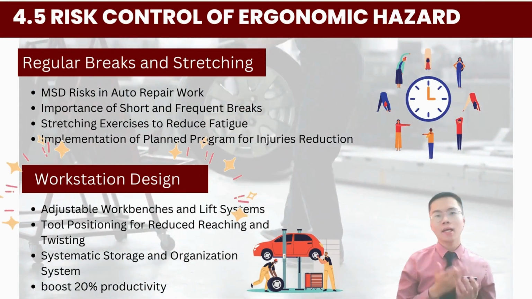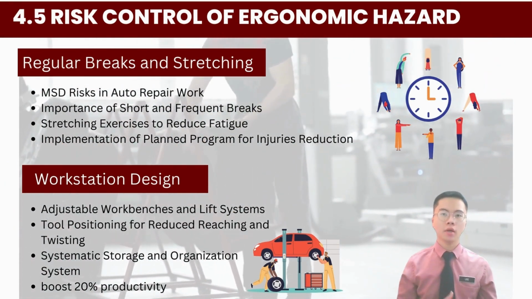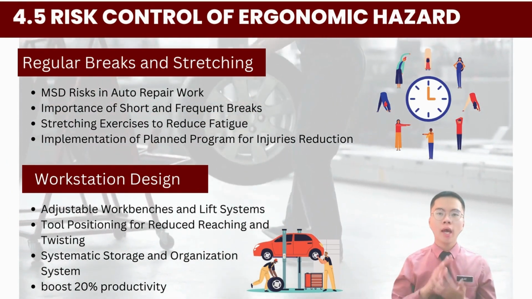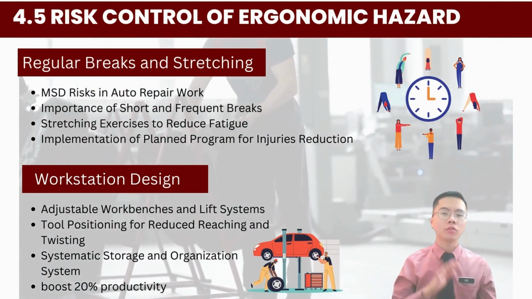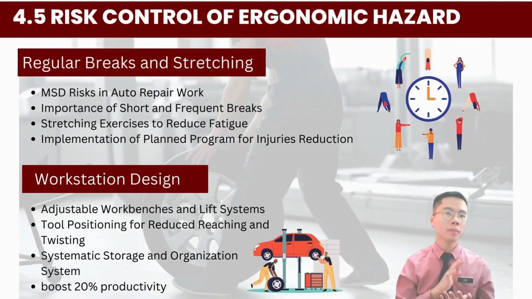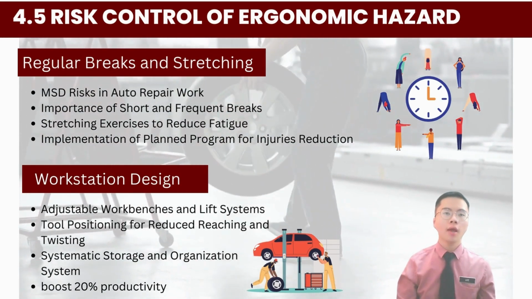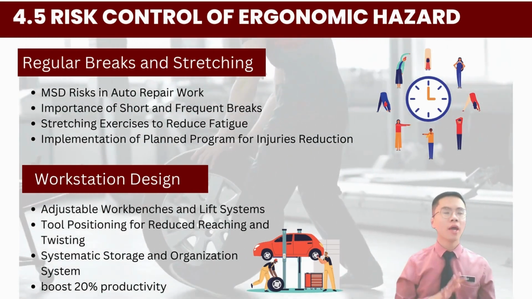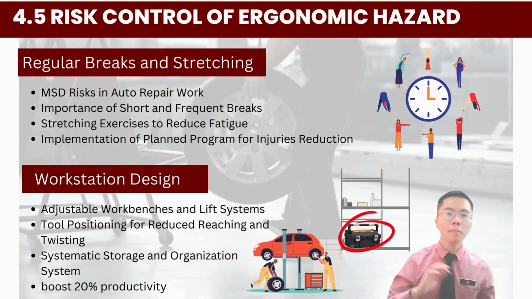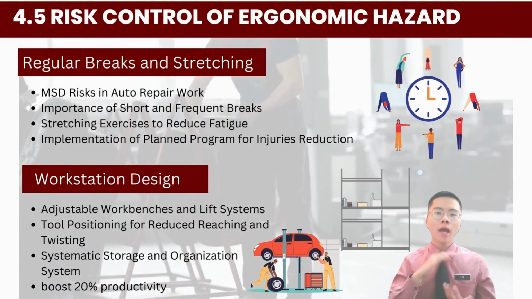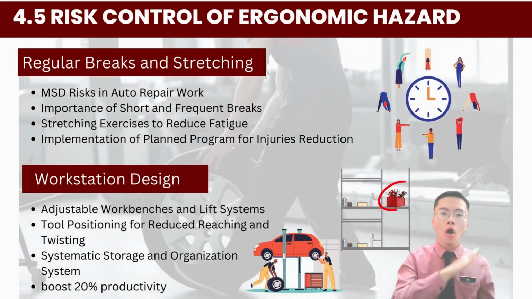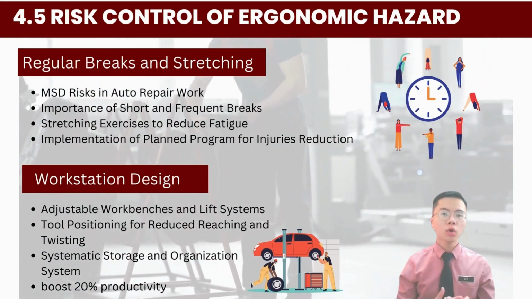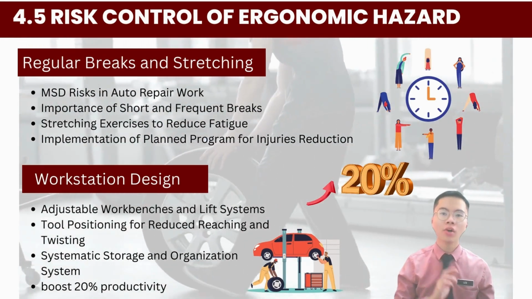Next, workstation design is another key factor in reducing the ergonomic hazard. Adjustable workbenches and lift systems promote a comfortable working posture and reduce the need for bending and stooping. Proper tool positioning and systematic storage minimize unnecessary reaching and twisting actions. Besides that, creating a systematic storage and organization system, for example, designated storage locations: heavy and often used tools should be placed on the lower part of the rack, while lighter and less frequently used items should be placed on the upper part of the rack. So this change not only enhances safety, but it also boosts productivity by 20%, as seen in a Kawasaki study